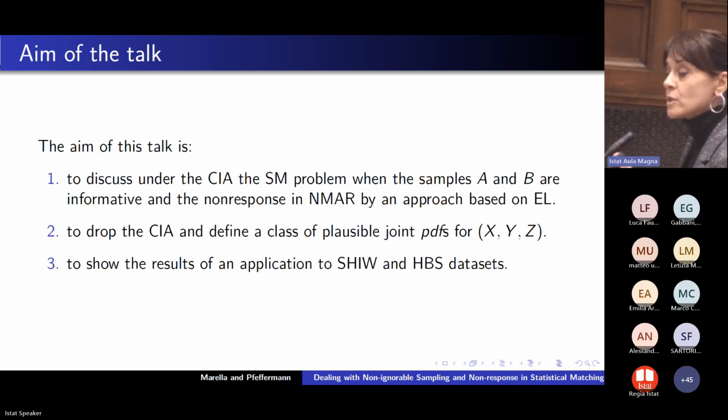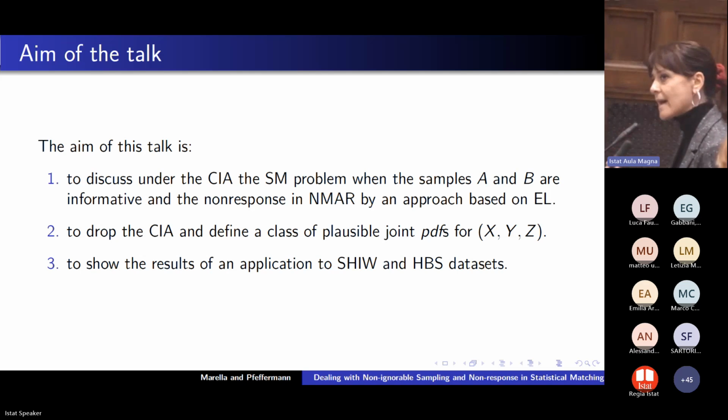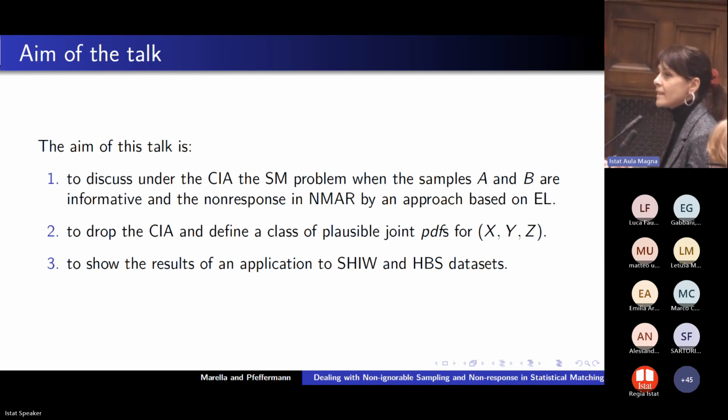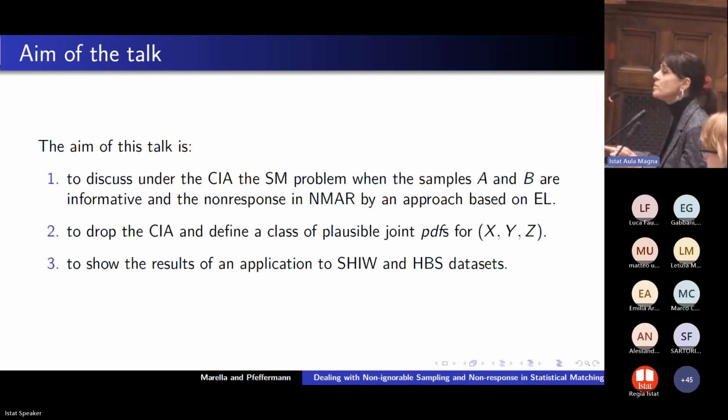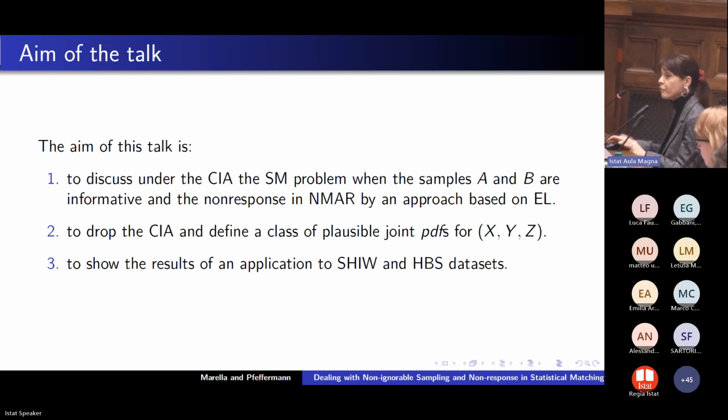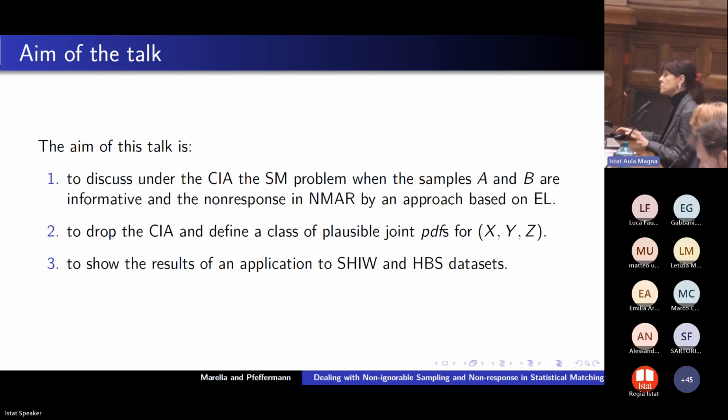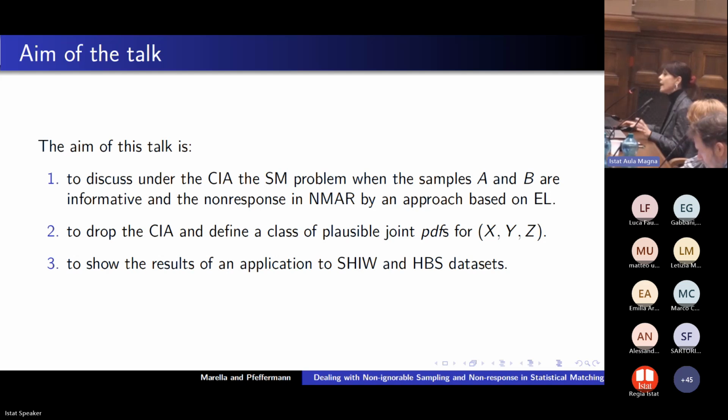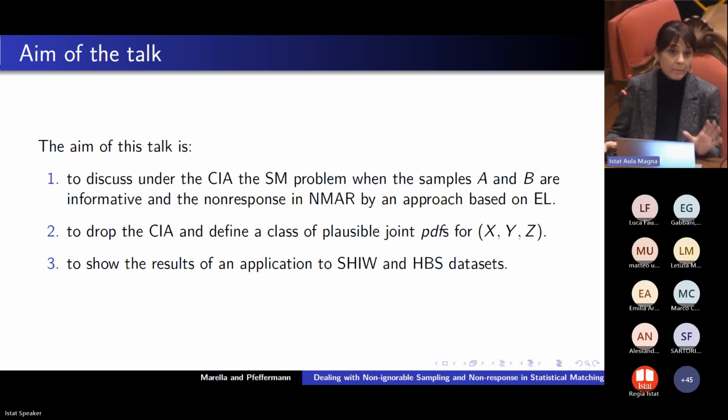Now, the aim of this talk is, first of all, to discuss statistical matching under the conditional independence assumption, assuming that the two samples A and B are informative and are affected by not-missing-at-random nonresponse, and we propose an approach based on empirical likelihood. Second, we drop the conditional independence assumption. We analyze the uncertainty in statistical matching. And finally, I will show you some results of an application to SHIW and HBS datasets,